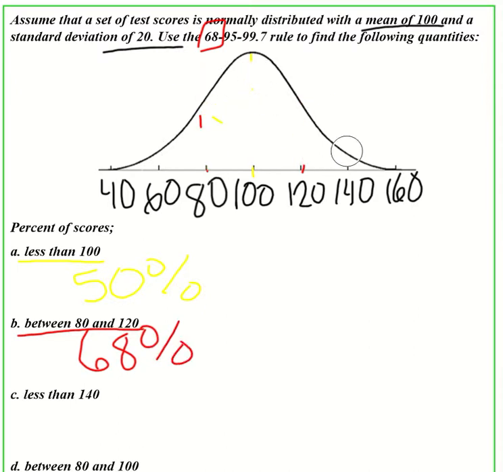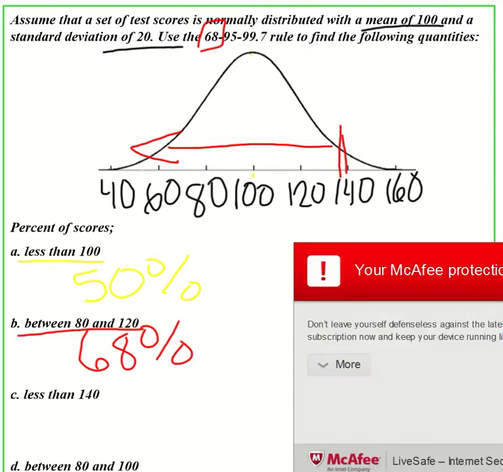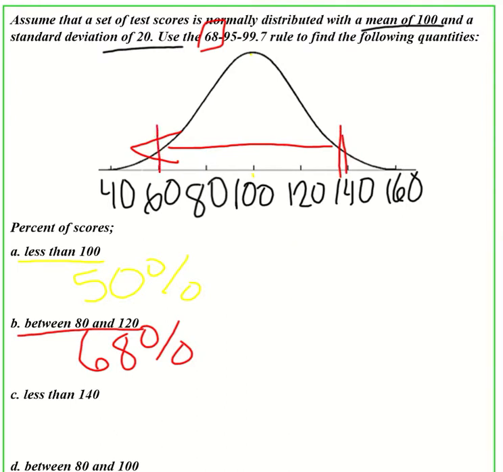Alright, now we have to figure out what's less than 140. So I'm going to draw out a line at 140. Here's 140 right there. It's going to be what's less than 140, so all of this space. So my initial reaction is always to say that it's 95% of the data. However, it's not 95% of the data. 95% of the data lies between 140 and 60. Okay, so it's going to be 95 plus whatever this area down here is. And the way we find that area